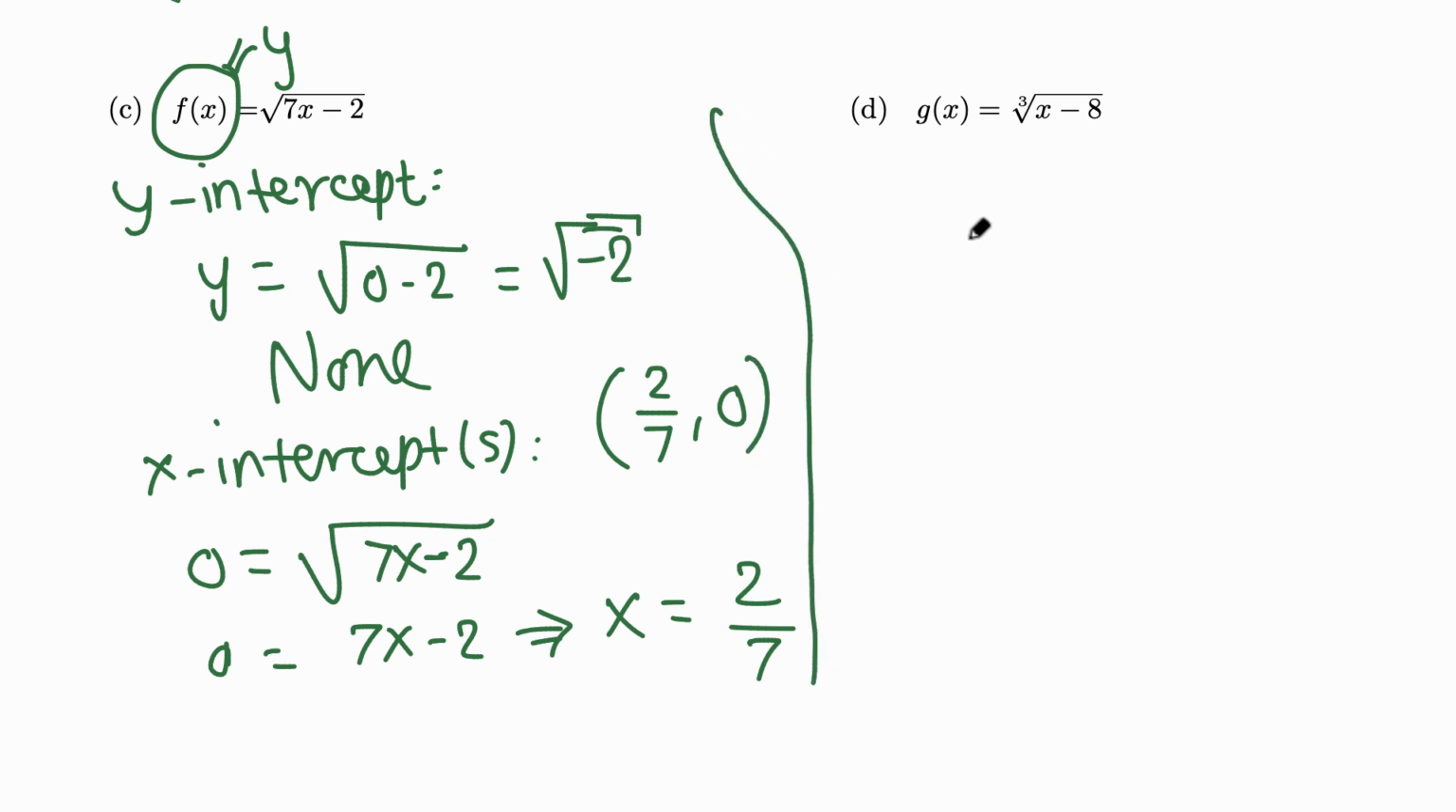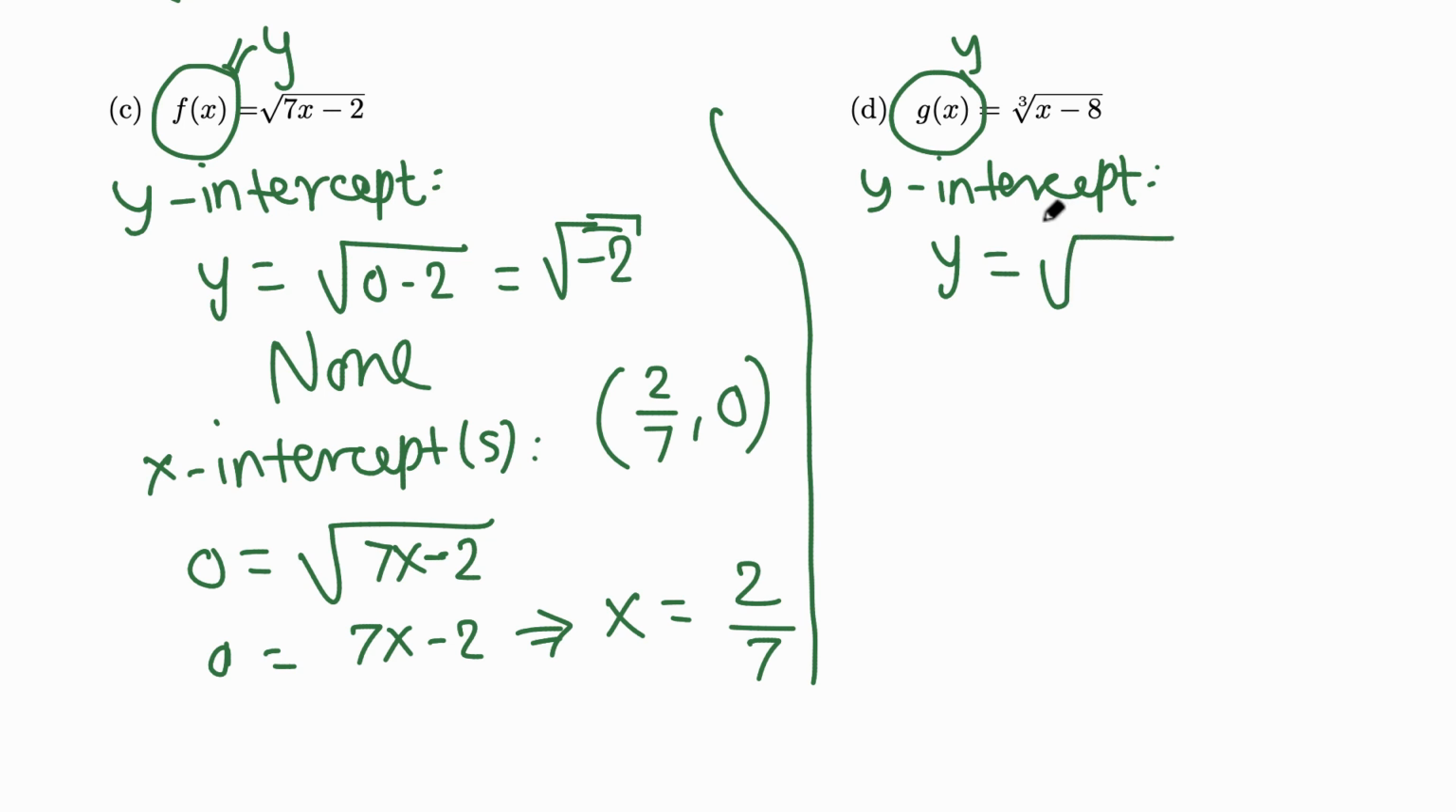Okay, and finally, last, so this is y. To find the y-intercept, we set x to 0, so y is the cube root of 0 minus 8, negative 8. So negative 8 raised to 1/3, and the cube root of 8 is 2, so this is negative 2 in fact. So the y-intercept is in fact (0, negative 2),